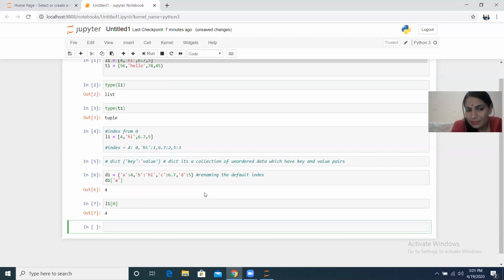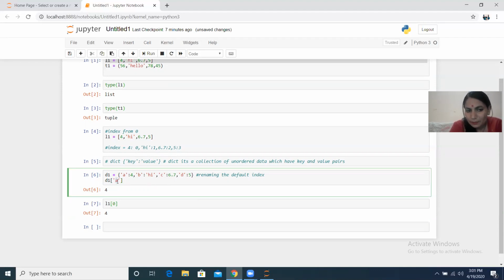So from this syntax, what you observe is that this part and this part are both the same.